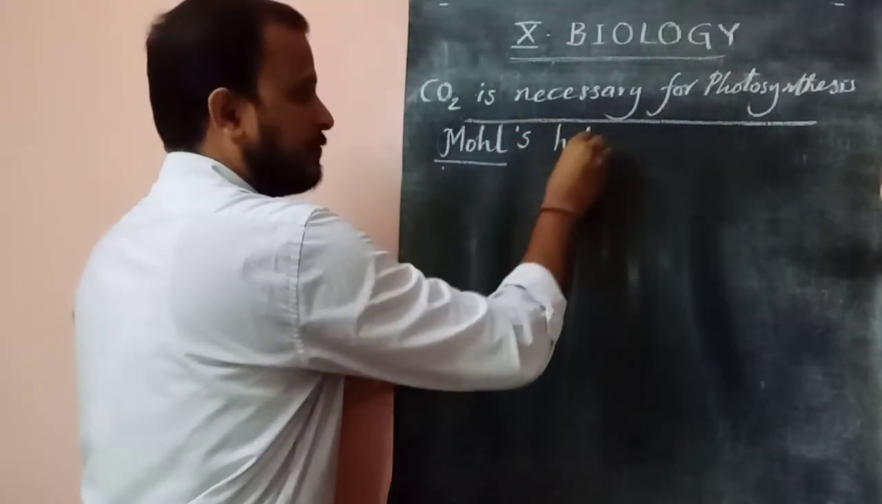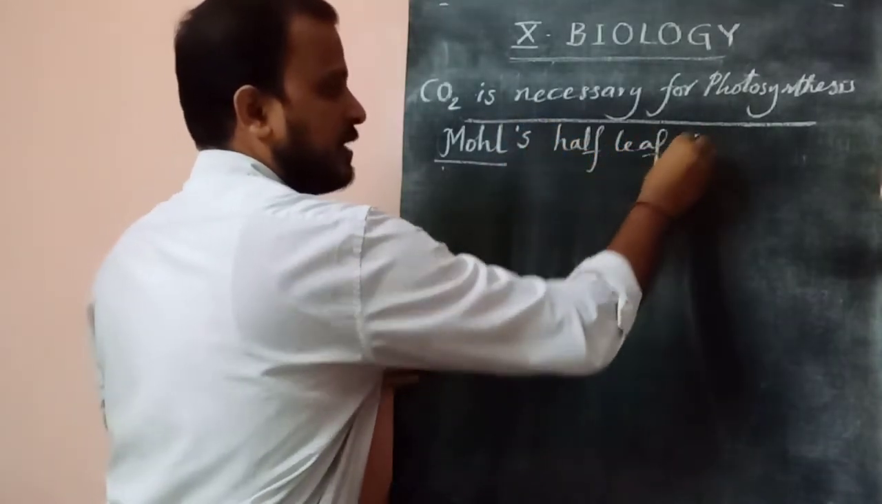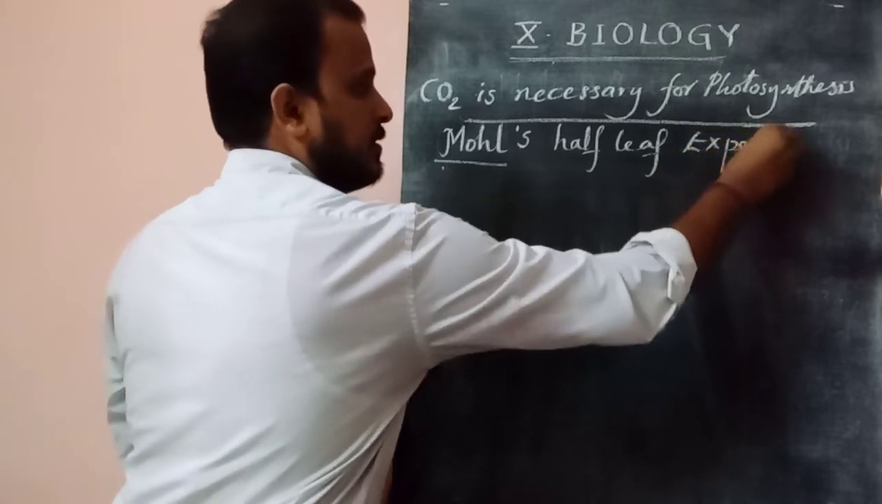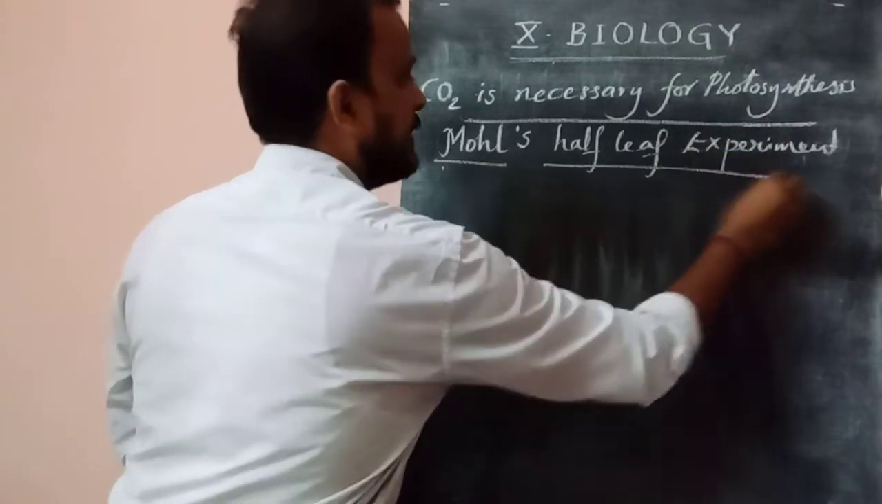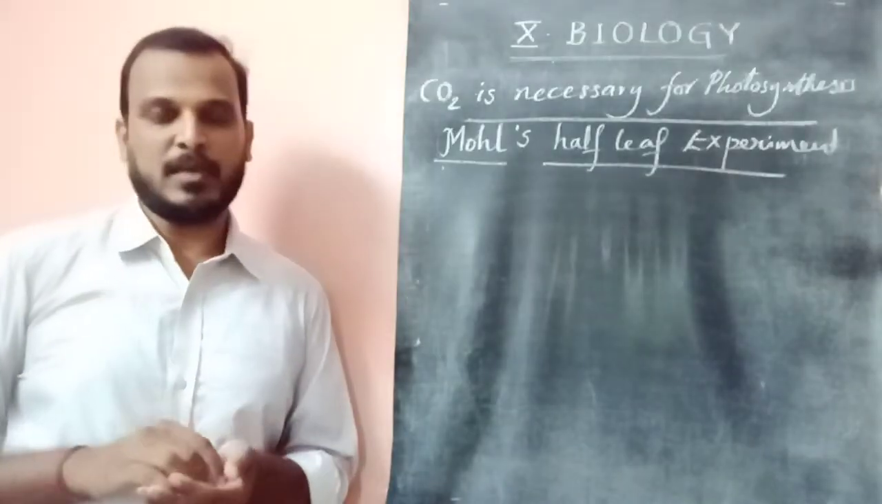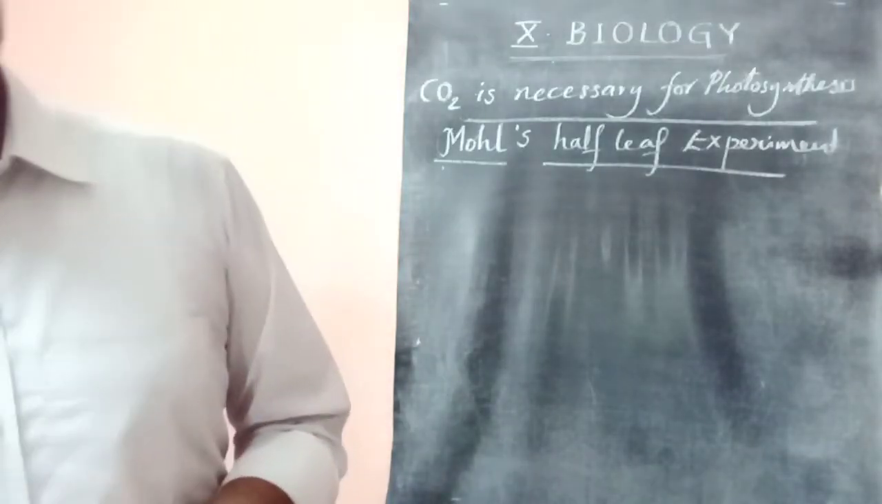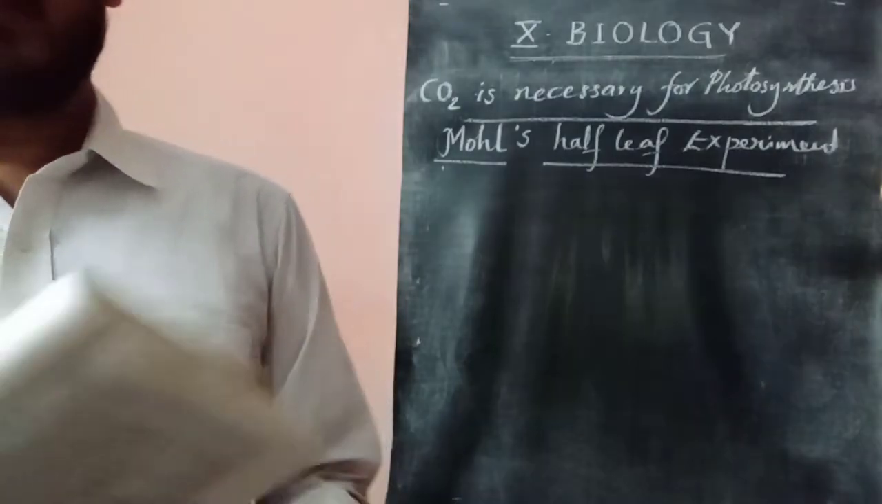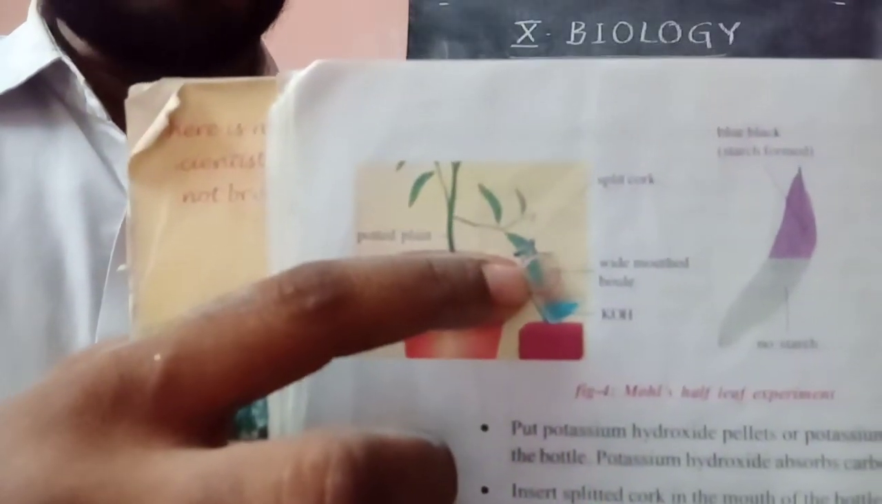Why is it called the half-leaf experiment? It is named after the scientist called Mohl, so it is called Mohl's experiment. And why half-leaf? I will show the textbook page to you. This is a diagram which shows that carbon dioxide is essential for photosynthesis, also called Mohl's half-leaf experiment. You can see its title below, Mohl's half-leaf experiment, because here a leaf's half part is kept